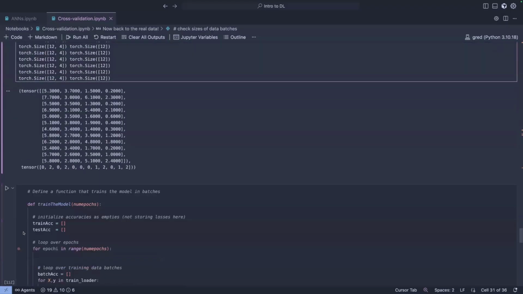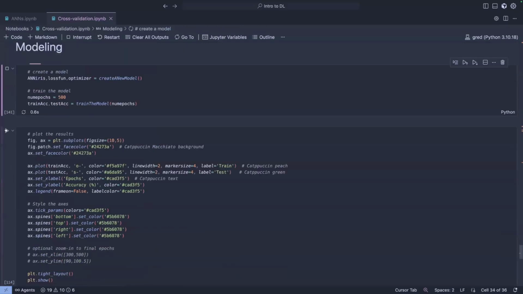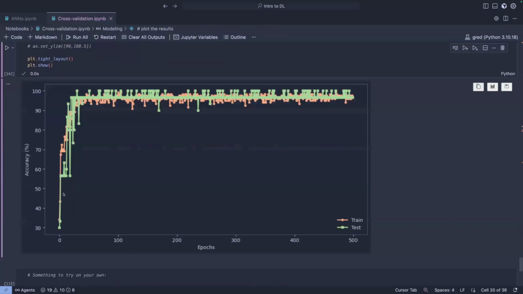And what I want to show you now is once we train this, you see how quick this model learns. We ran this to 500 epochs, but essentially by the time we reach maybe even less than 50 epochs, the model has learned.